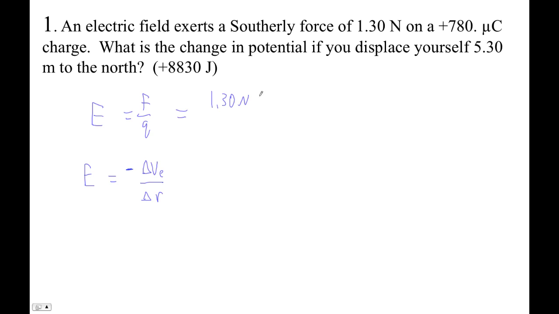1.30 newtons south, right? Divided by 780 E minus 6 coulombs, right? So let's do that. 1.3 divided by 780 E minus 6 is